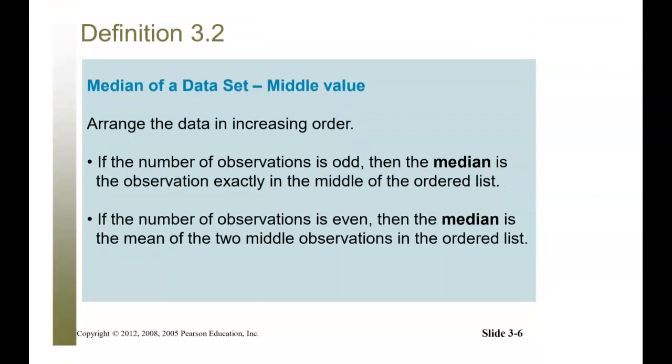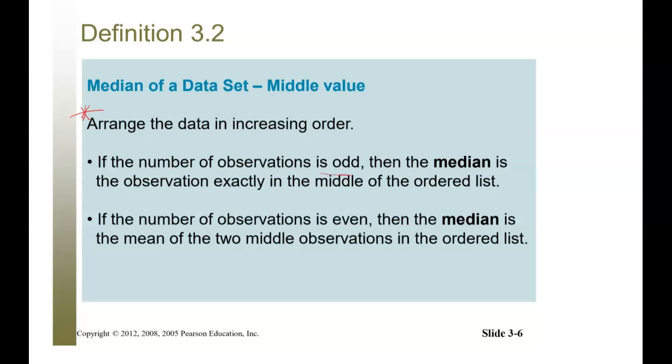The next one is the median. The median is that middle value. Now, in order to obtain a median, the key thing here is you need to arrange the data in increasing order. So often the data is given to you, the sample that's given to you is just random numbers. So you need to put them in order first from lowest to highest. Once you do that,